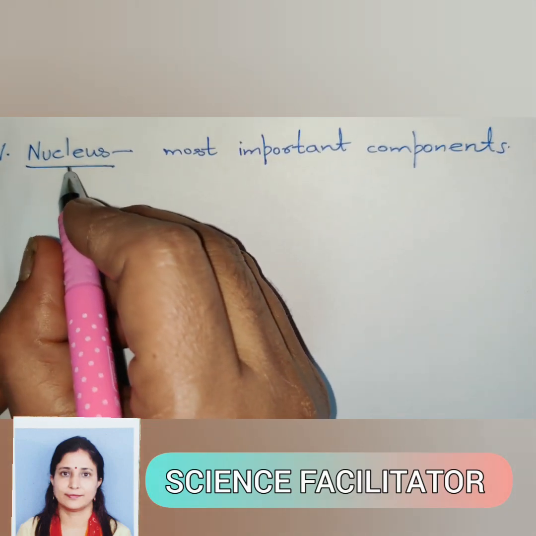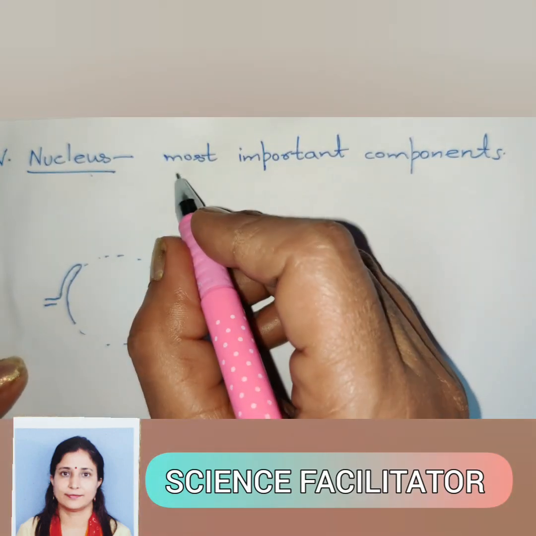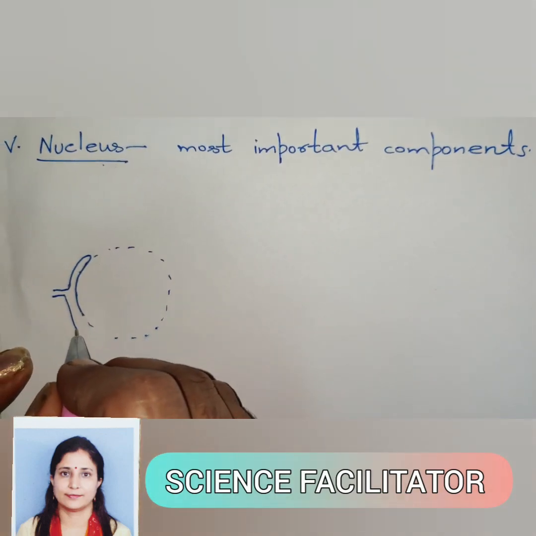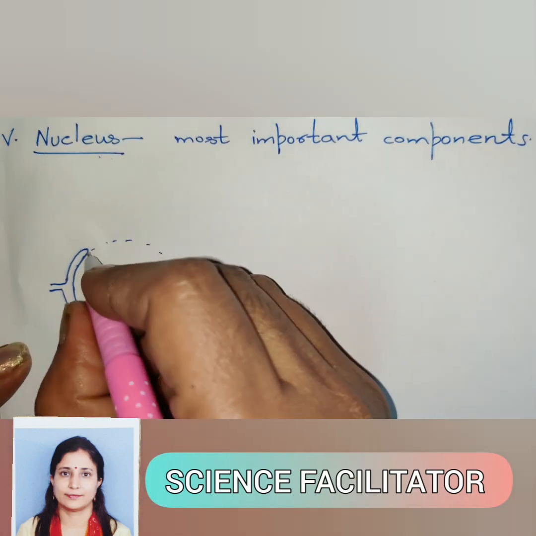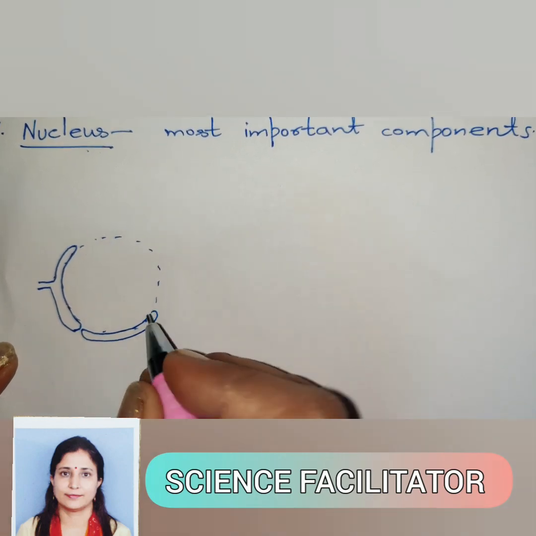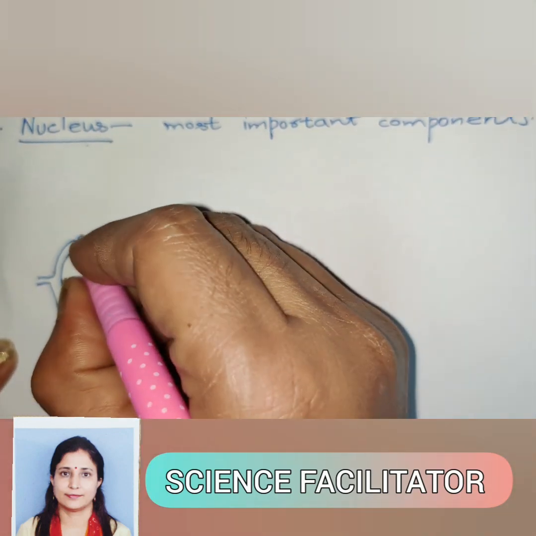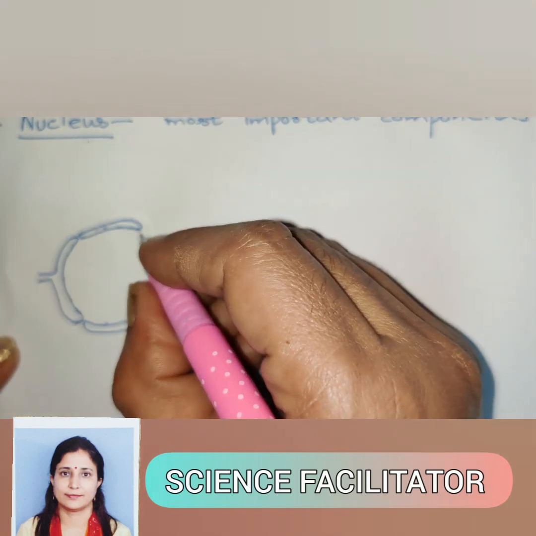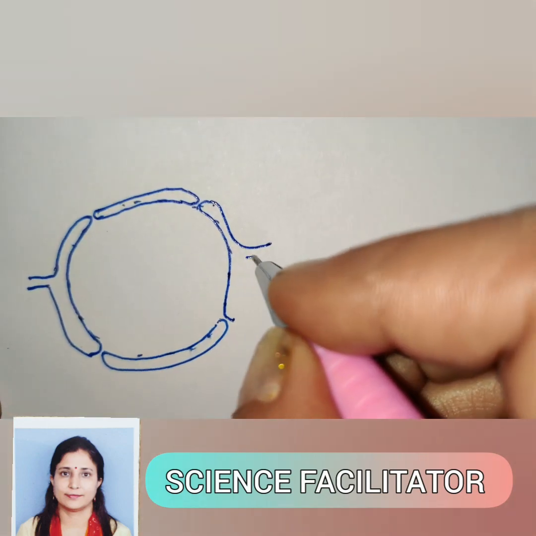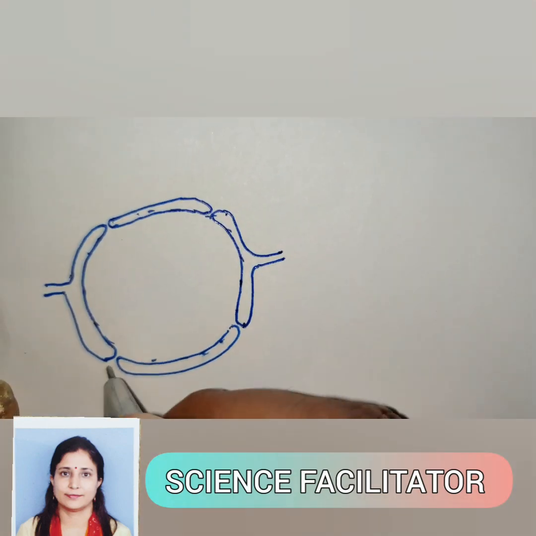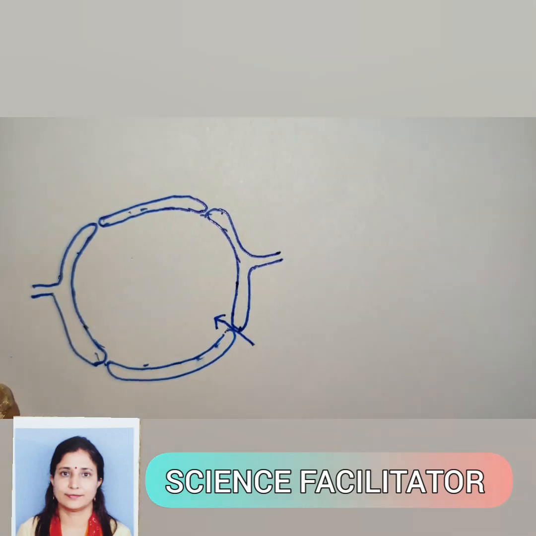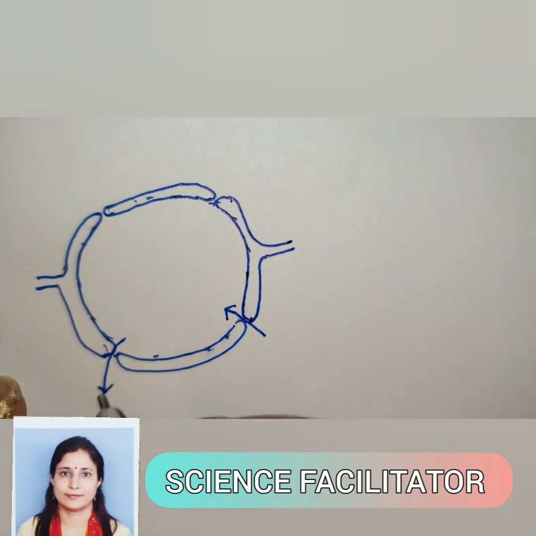Let's start with another main component of cell, nucleus. Nucleus is a very important component of cell, and let's discuss what its parts are in detail. So this outermost boundary of nucleus is nuclear membrane. It is double layered and it may sometimes be in continuation with endoplasmic reticulum like this, and in the nuclear membrane, nuclear pores are there through which material will enter inside the nucleus and exit outside the nucleus.